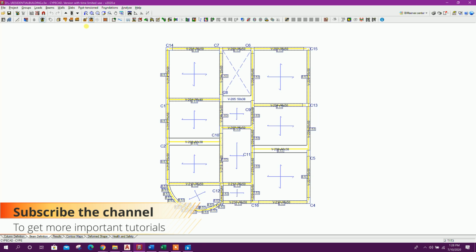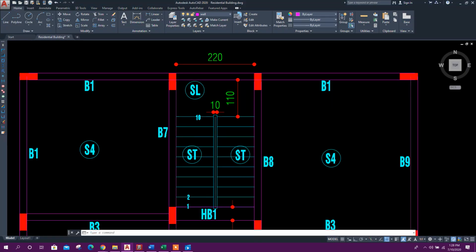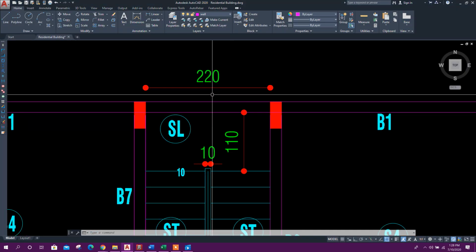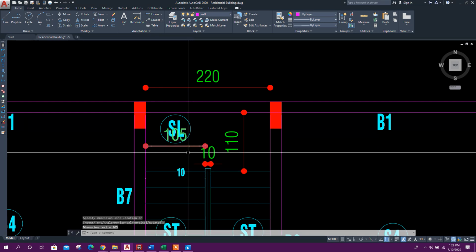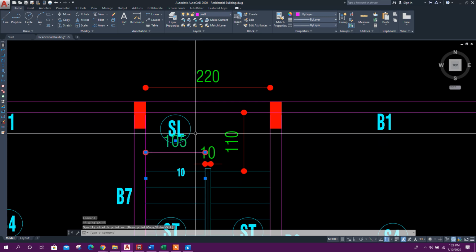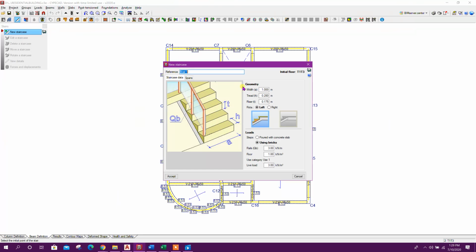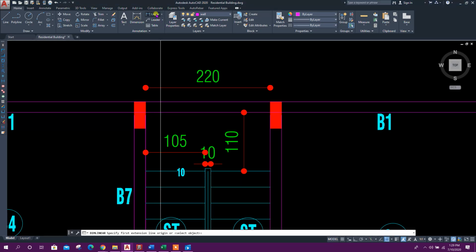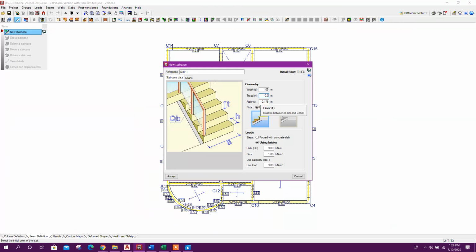Go to stair, new staircase, stair 1. Here stair width 1.05 meter, 105 centimeter, that means 1.05 meter. Thread is 30 centimeter, 0.3. Riser, here we can calculate